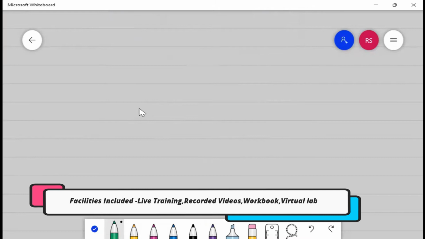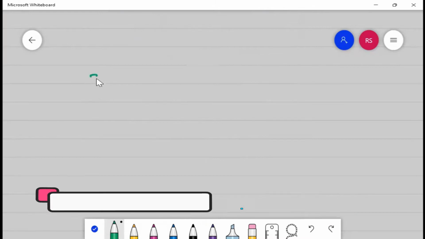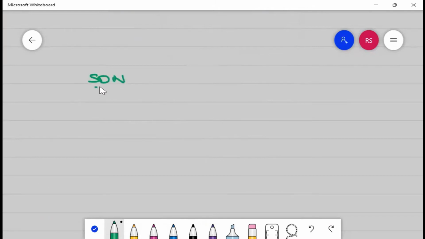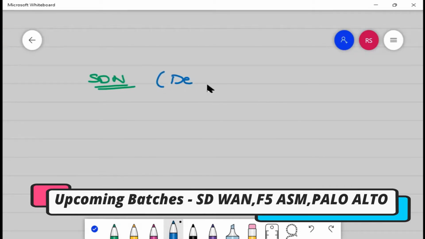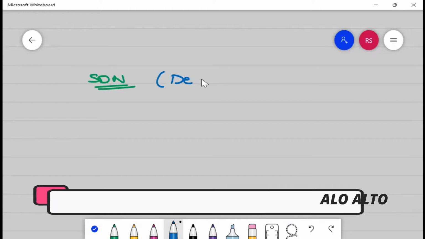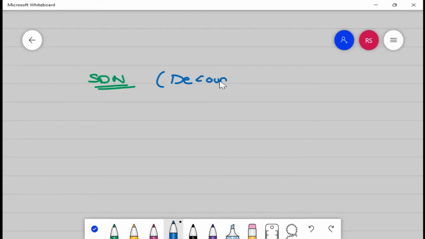So let me tell you one thing, guys. You are all aware of SDN, software defined network. What did software defined network do? It has a lot of functionalities, but the main functionality was that it decoupled the control and data plane.